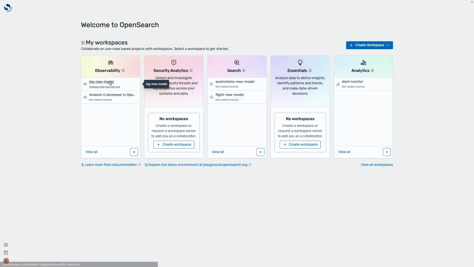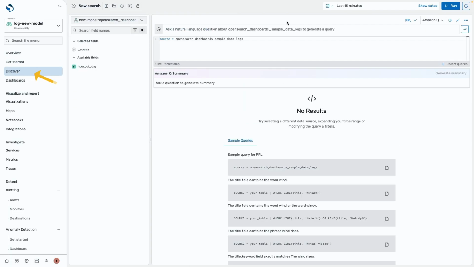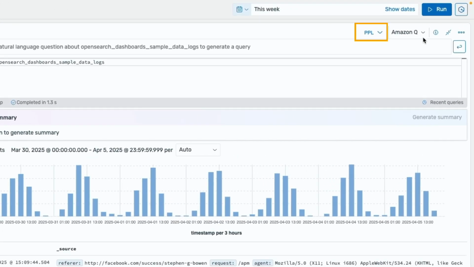To get started, I go to my OpenSearch user interface and sign in. In OpenSearch dashboards, I navigate to Discover from the left navigation pane. To use natural language to explore the data, make sure to switch to PPL language in order to show the